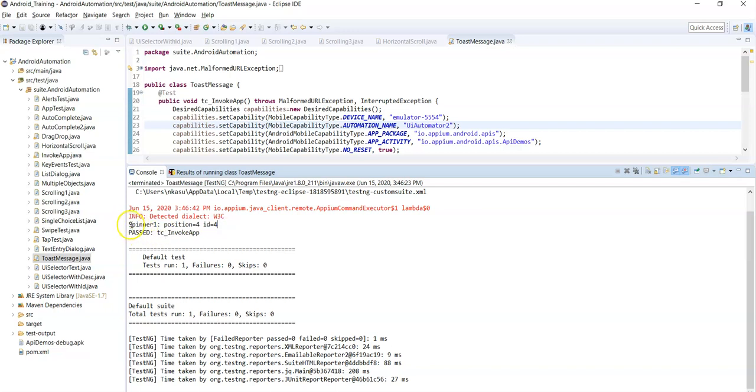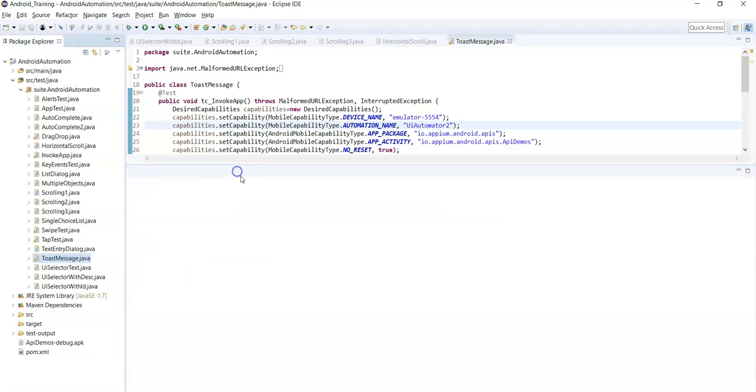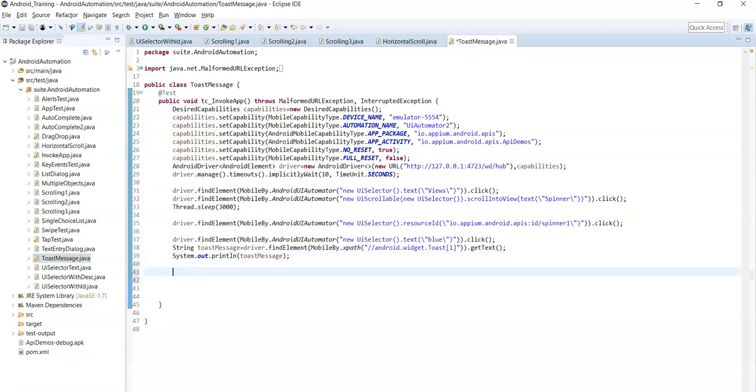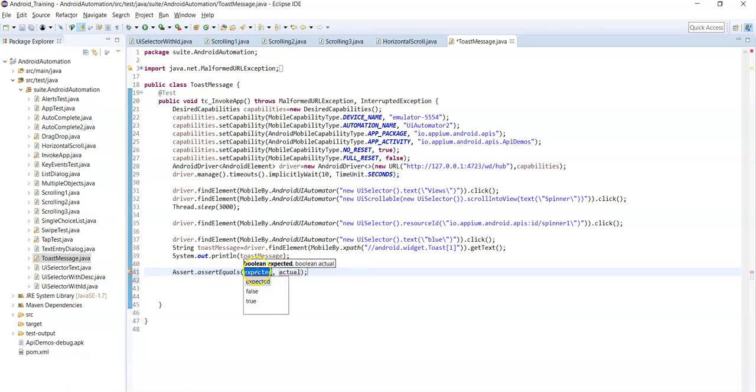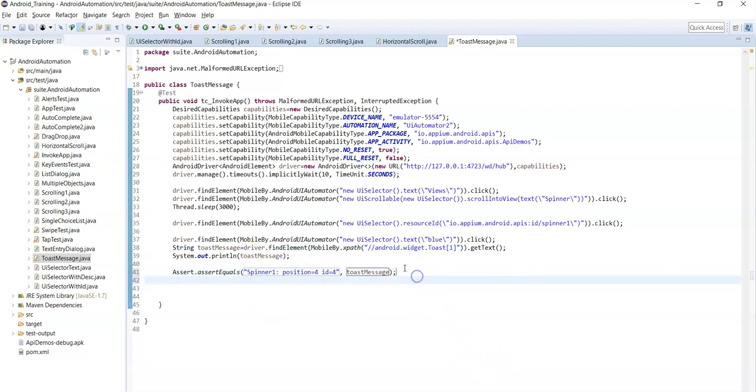Now how can you validate whether the actual toast message is displayed or not? Now let's validate this toast message using Assert.assertEquals. Now expected, this is the actual toast message. So this is the expected toast message, and this is the actual toast message.